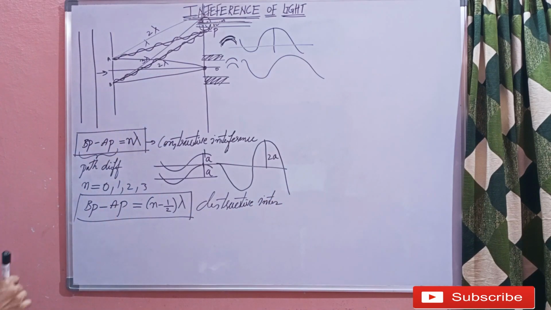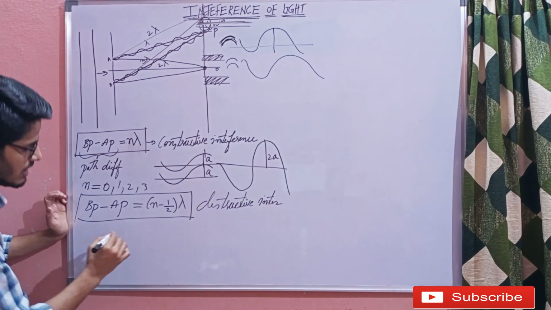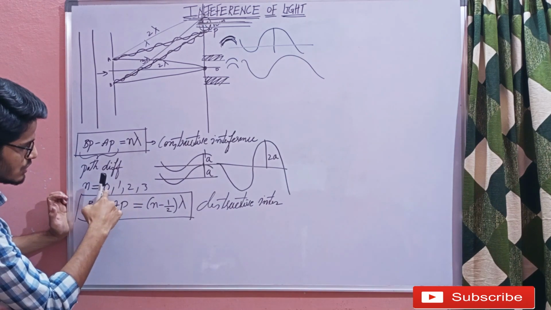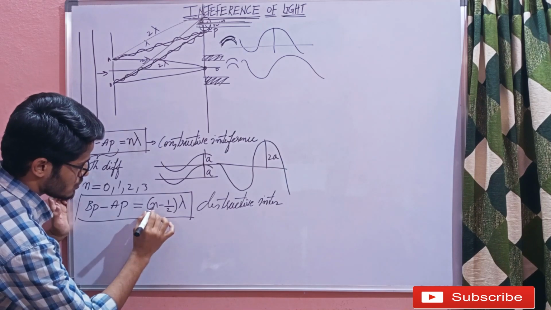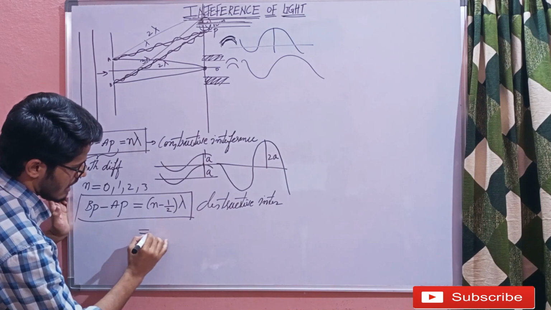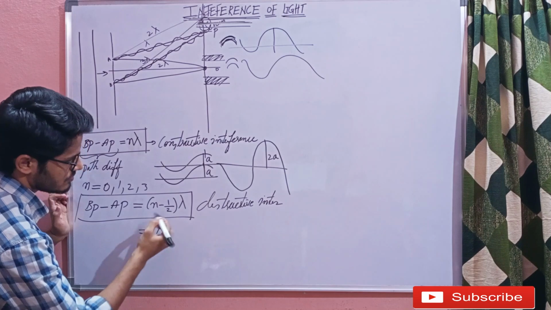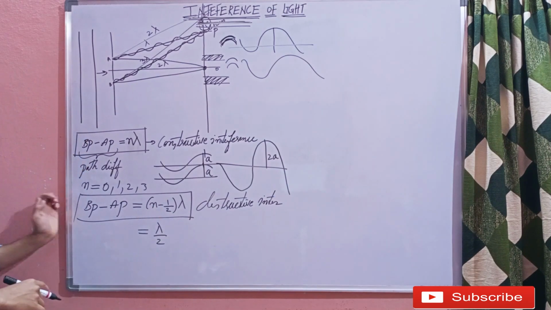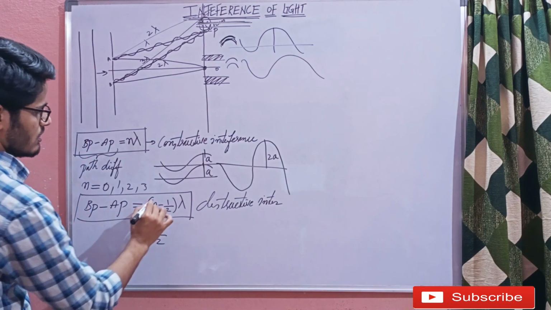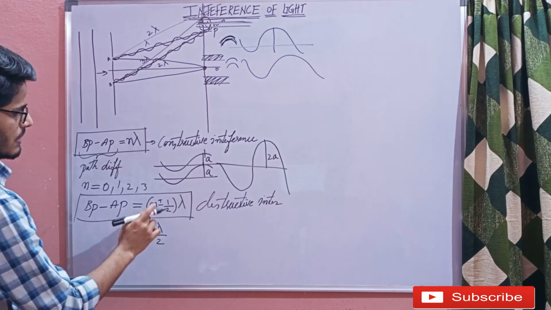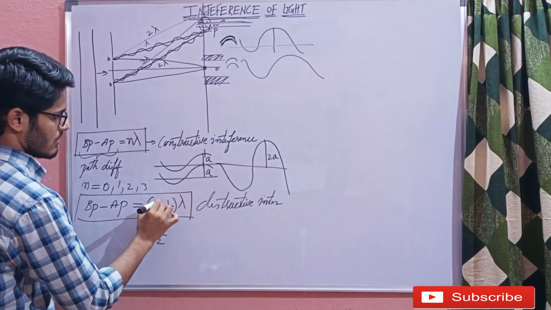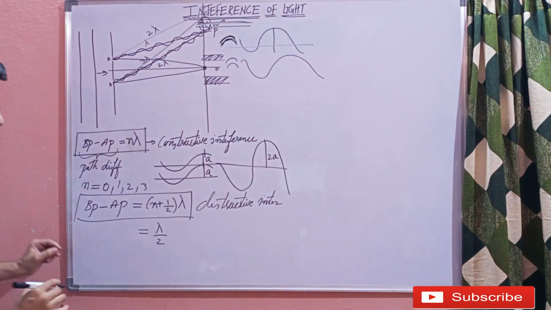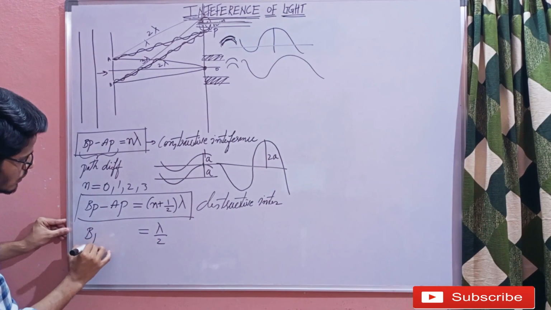So how come you'll see now? Similarly, n can take values 0, 1, 2, 3, 4. So if we take n equal to 0, it will be lambda by 2. It can be plus or minus, and this sign doesn't matter. You can have plus or minus anything. Here we'll be taking plus. So the path difference wherever you are having